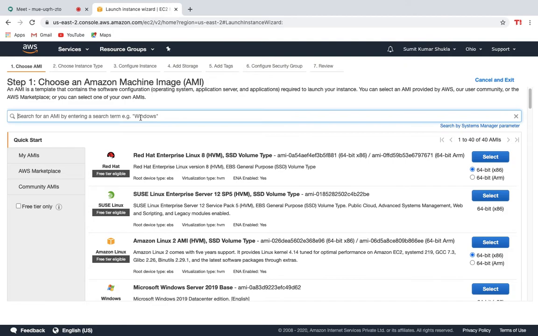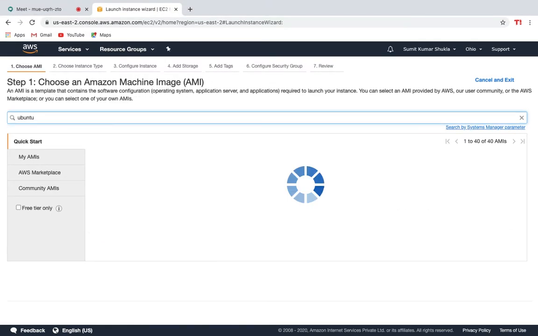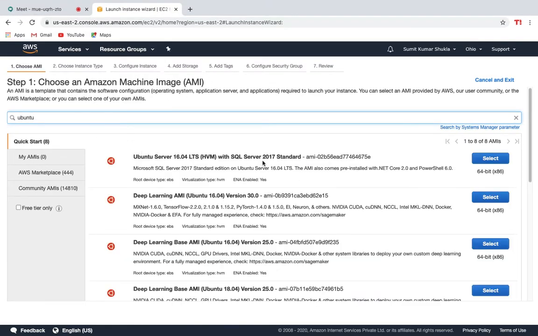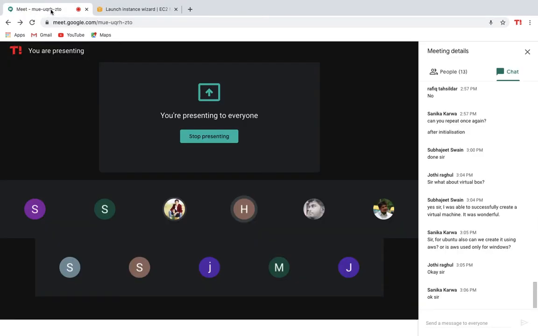I can search also. Let me see. Here you can get a lot of them, right, guys? So select any one of them and work on it. That's all. Create and give me the snapshot.